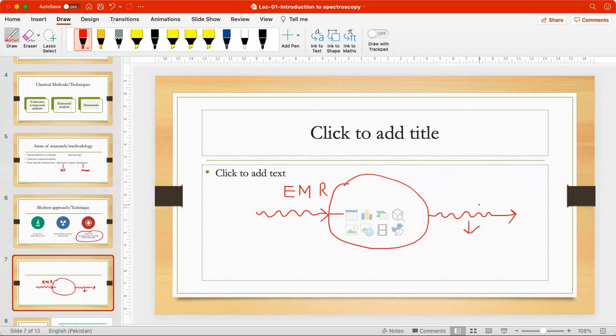So electromagnetic radiation interacts with matter. Interaction and interpretation both are for electromagnetic radiations. We do not observe matter directly. Therefore, we send electromagnetic radiation to find what is actually present in the matter. What happened? What type of interaction was done? It's the electromagnetic radiation only that we have focused on. So when EMR emits out after interaction, we study the changes in the electromagnetic radiation. What type of changes has occurred? And then we interpret them.